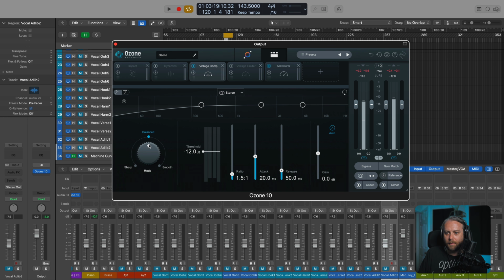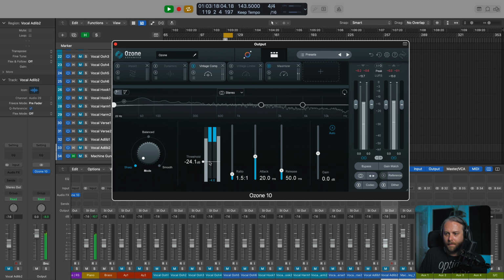Balanced, if I move this up, hover over that. Balanced is a signal-dependent blend between dynamics and overall body of the signal. And smooth, which is what I prefer, is a greater emphasis on the body of the signal, giving less dynamic feel but fuller sound. So I'm going to back this off so everything is included here. I'm going to bring the threshold down. Course, attack and release as well, gain, and we have the auto makeup gain there.